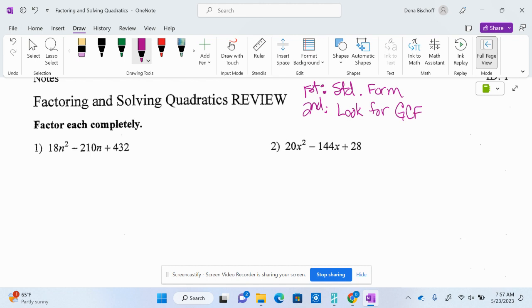So when I look at number one, we'll do half of these. When I look at number one, I see that it's in standard form, but I need to figure out if there is a greatest common factor. So if you don't remember your math facts,